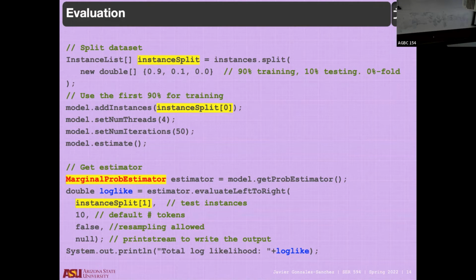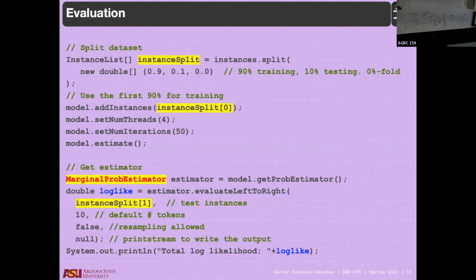Better? Thank you. Okay, so your object asks the model to get you the evaluator, well, the estimator. A new instruction, a new object, and you have this guy. Using this new estimator, you can call the method that is really going to do the work. Depending on the object and the class are the methods that you are going to have. This one in particular implements several different methods to do this estimation process. One of them, only one of them, is left to right evaluation. Left to right, yes, we're going to group characters and words here, and use them to check if they belong as a group in the document to a particular topic,